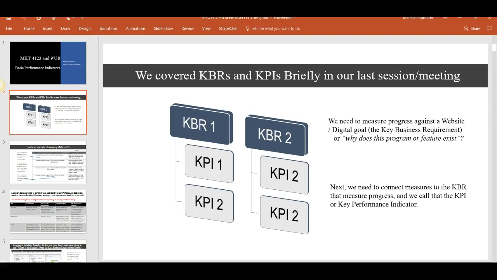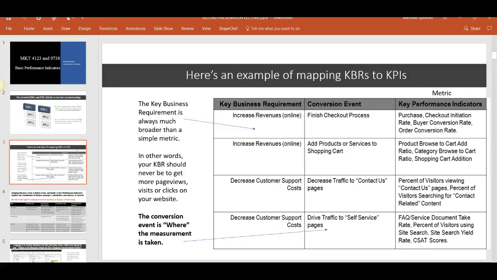And then the key performance indicators are usually tied to the initiative. Like, why am I creating this website? Or why am I doing this thing? Or why am I having this campaign? Okay, well, this is why, and by the way, I'm going to measure it with, and I'm going to pull some data. Among those things are going to be the web analytics data. And I'm going to pull specific metrics that it produces, or combine the metrics somehow to produce some sort of dashboard or readout. And so we covered this last session. I always try to overlap a little bit.